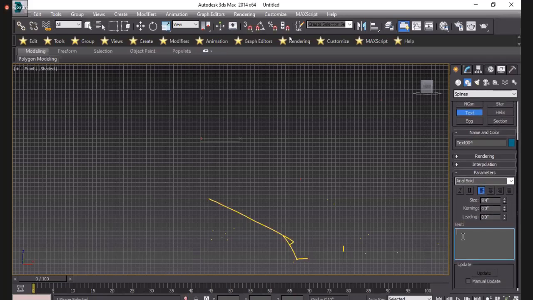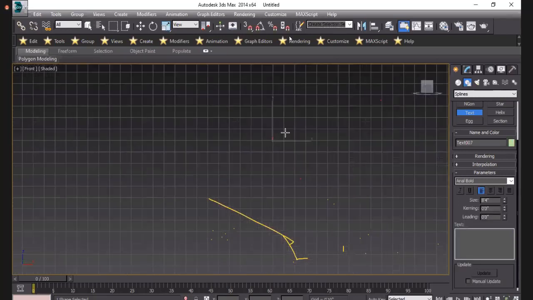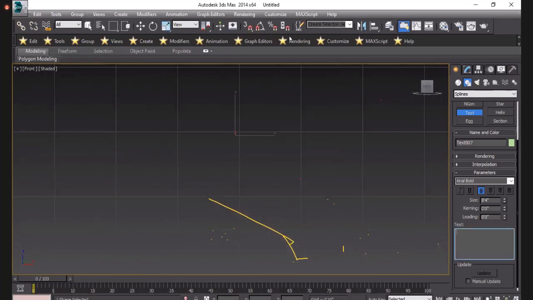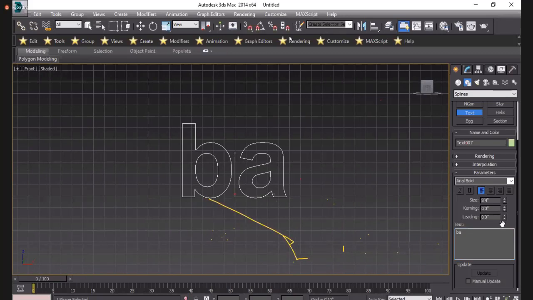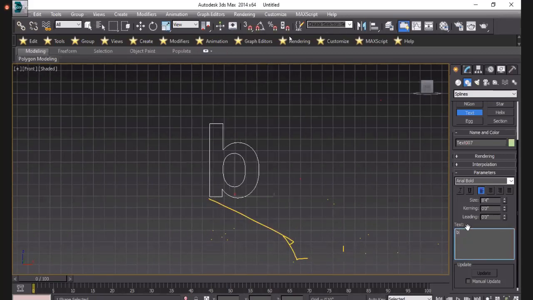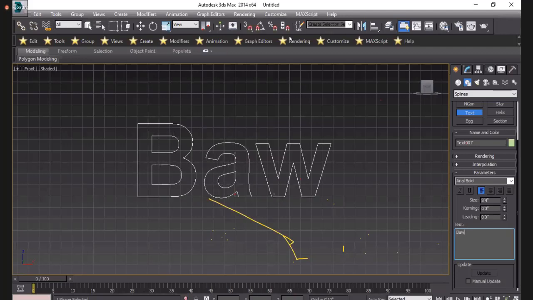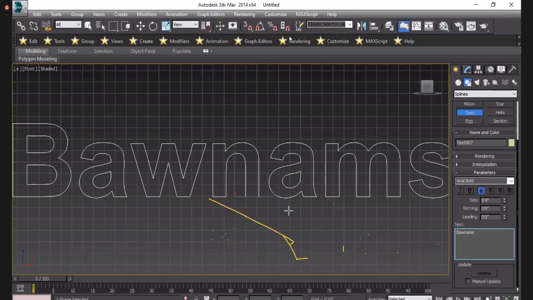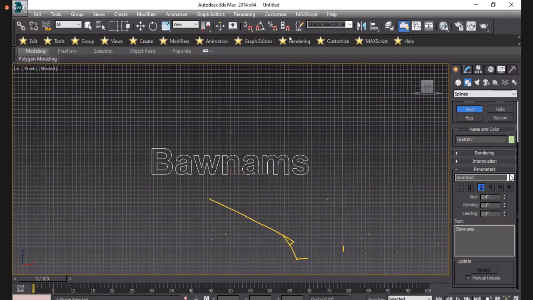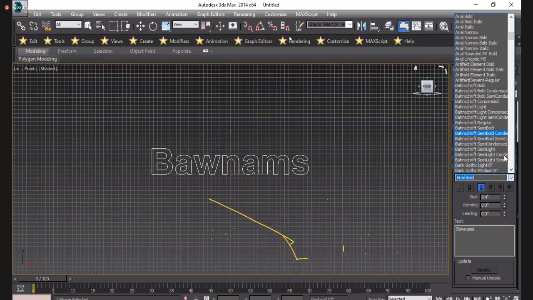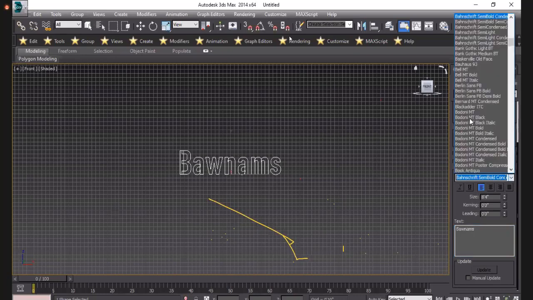If I write here, I write Bownums. You can see here and you can change the style as you want.